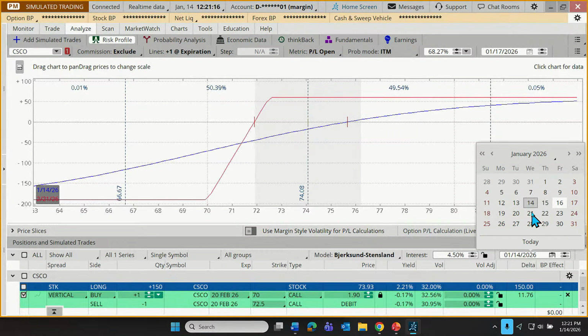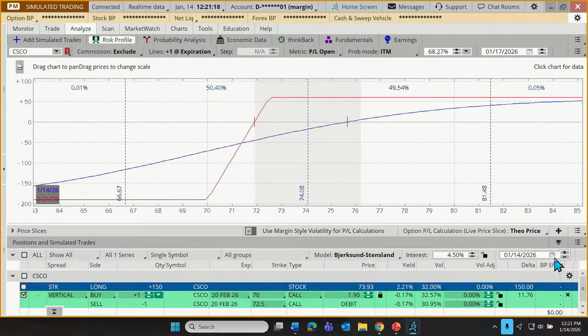Now we can do that by selecting the calendar. There's another way that we can do that. I'm just going to click the plus or minus buttons here, because I want you to observe what happens to the blue line as we make those changes. This is now adjusting forward in time. So watch this blue line.